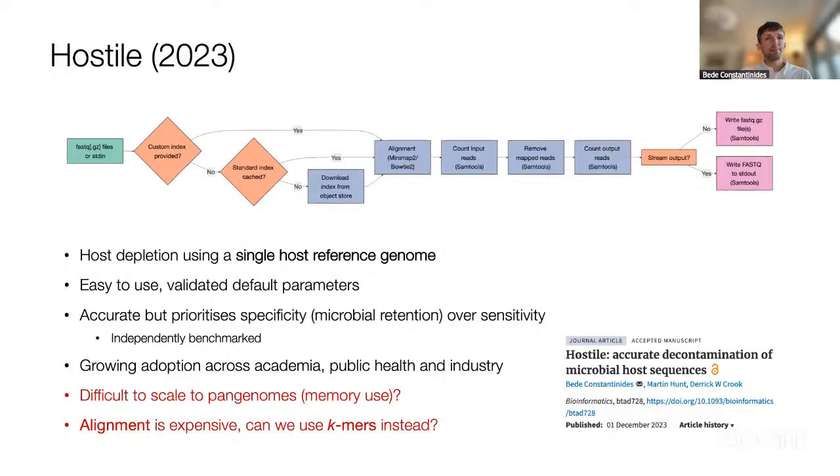And finally, being based on alignment, it is just relatively slow, particularly when dealing with host-heavy sequence data, where a lot of computation is essentially wasted aligning human sequences only for us to then throw them away. And I think it's important that something as basic as host depletion is as quick and convenient as reasonably possible.